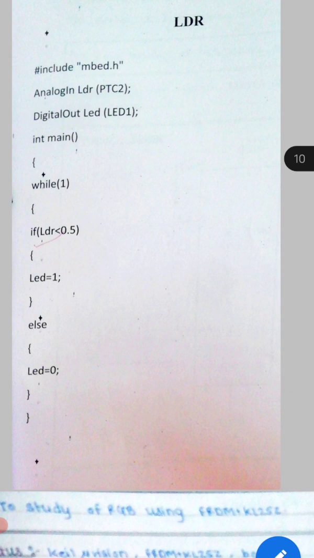In the while loop, if the LDR value is less than 0.5 the LED is on, and if the LDR is greater than 0.5 the LED is off, so overall in the loop the LED is switched on and off according to the LDR connection.